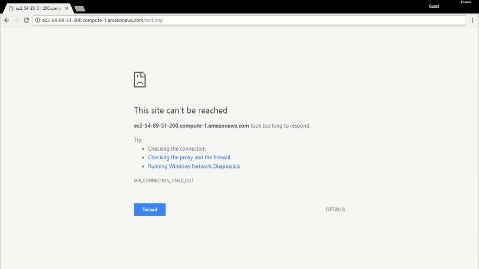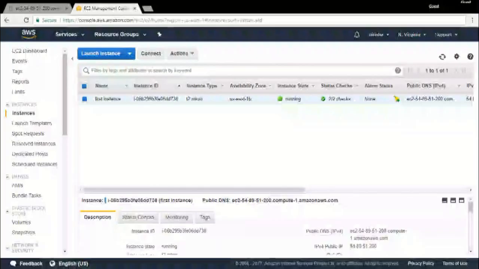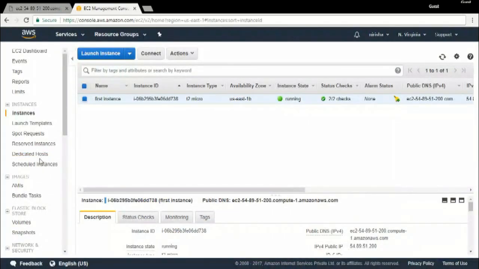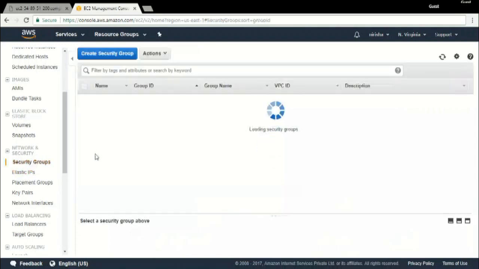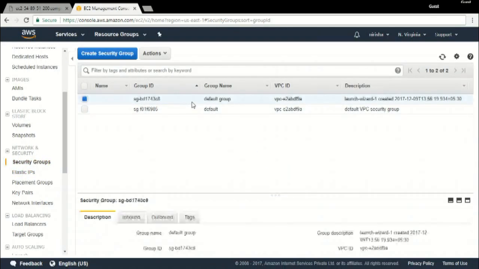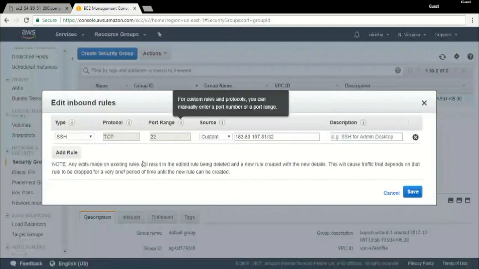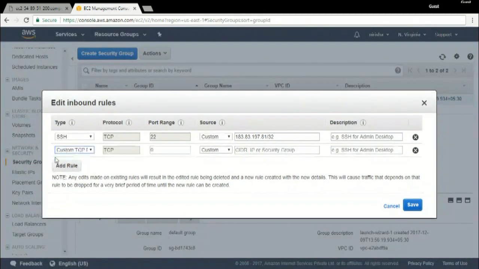Okay, I guess our server is not ready. As you're able to see, I'm not able to connect to my EC2 instance using this HTTP URL. The most usual problem will be in my security groups. This security group is applicable for my currently running EC2 instance. We have to check my inbound rules. Here only SSH is added, so I need to add HTTP.